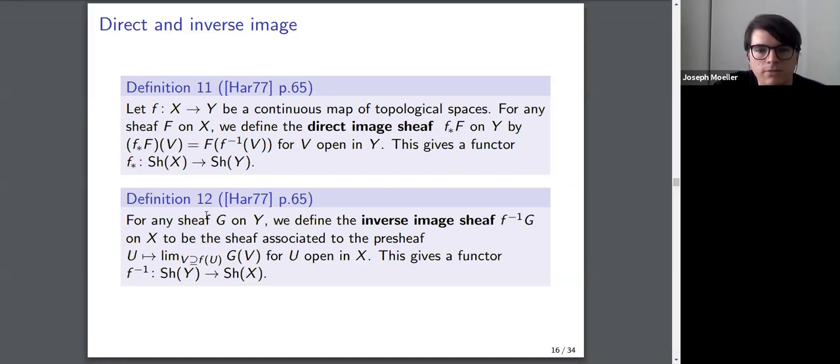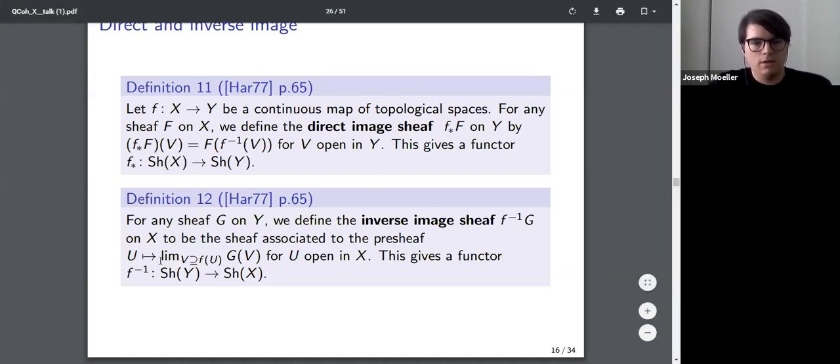So here's the inverse image. This one's slightly more complicated, but it says that if we have a sheaf on Y, then we can go backwards from what we did before by saying that we can turn it into a sheaf on X by assigning to U this limit. So you take